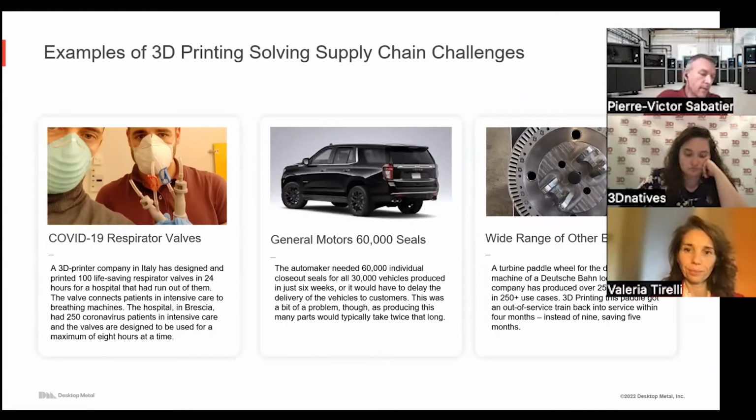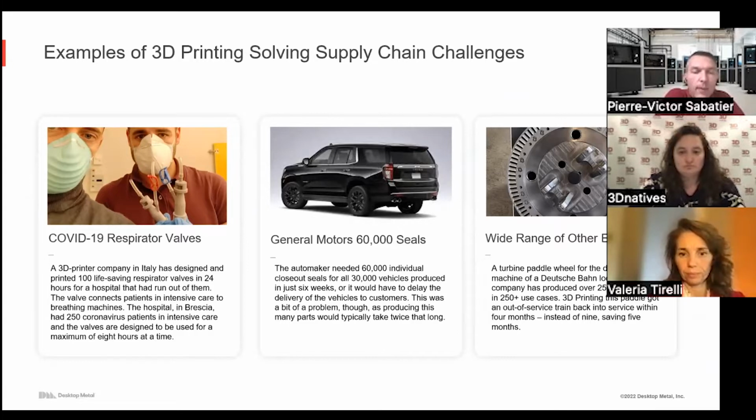In a way, it's not good news, but for the industry, for additive manufacturing, the past years have revealed what we were thinking and explaining in the past 10 years, meaning additive manufacturing is super flexible and can bring a lot of advantages. Many of the people attending today must be familiar with what happened with COVID-19 and the pandemic. Many products were produced by 3D printing during this time. It was just a crisis, but since then, many companies are still using additive manufacturing.